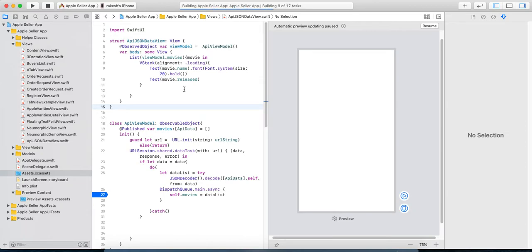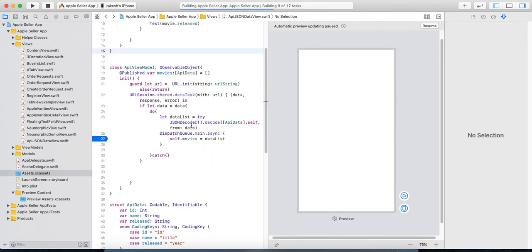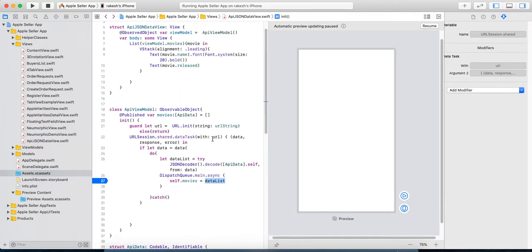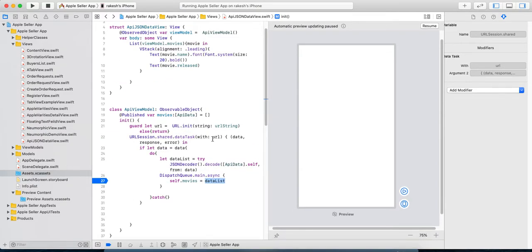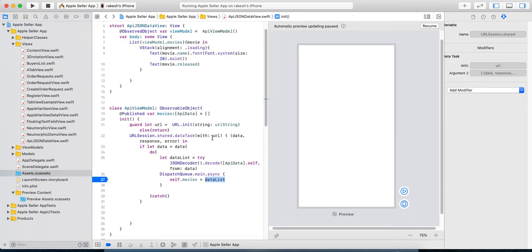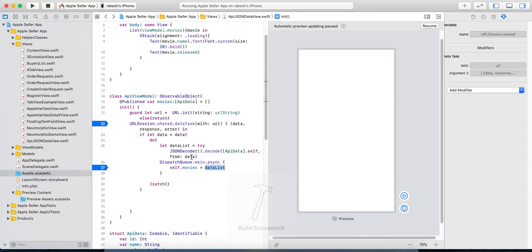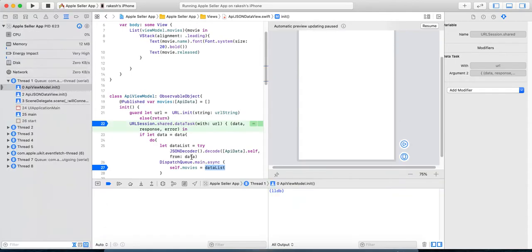This is how we decode the API data and pass it to an array of movies. For now it is showing nothing, because I think, when I run this, it is going to the URL.